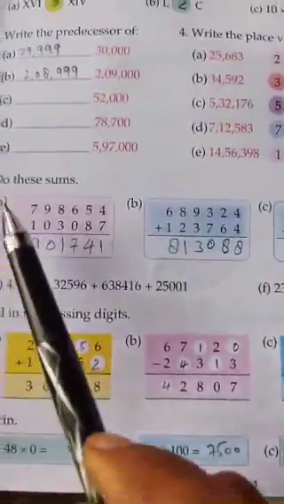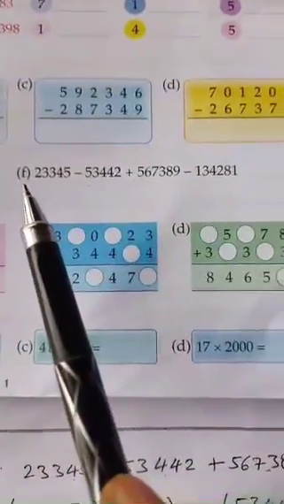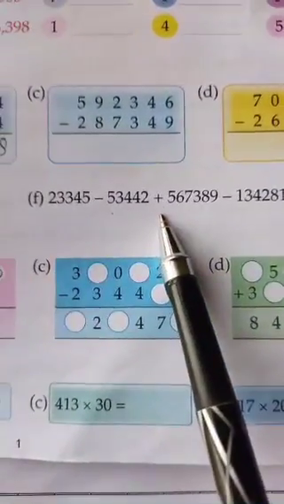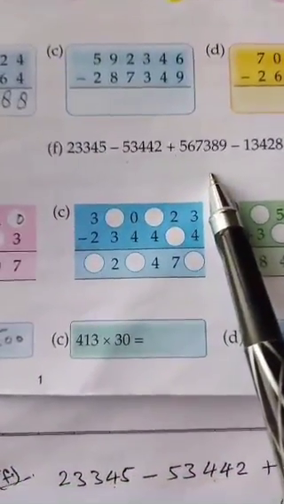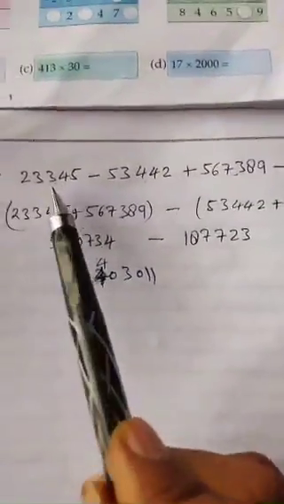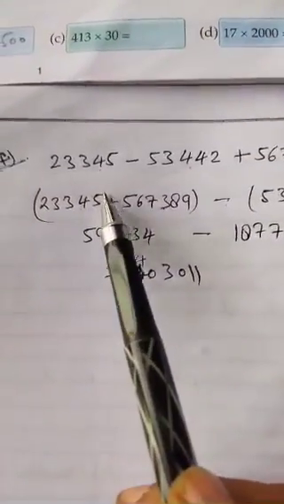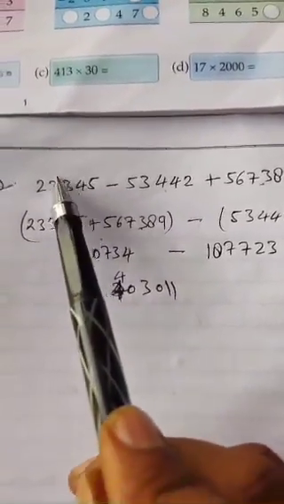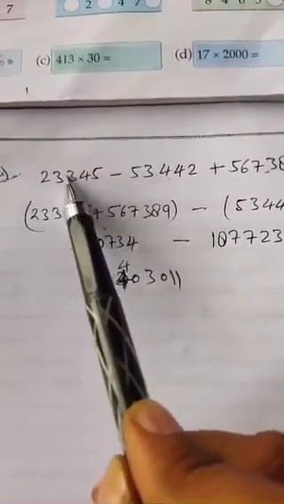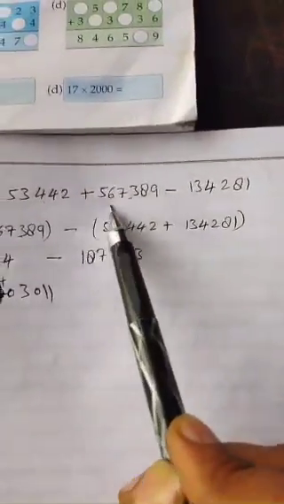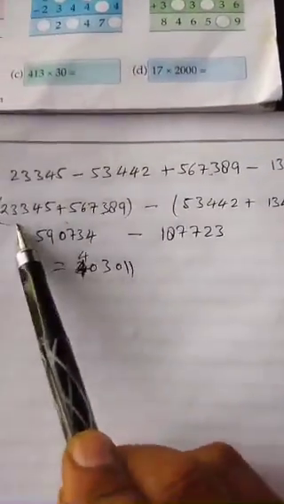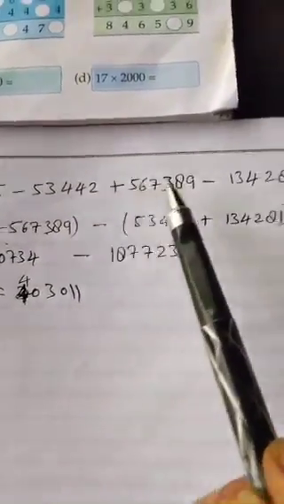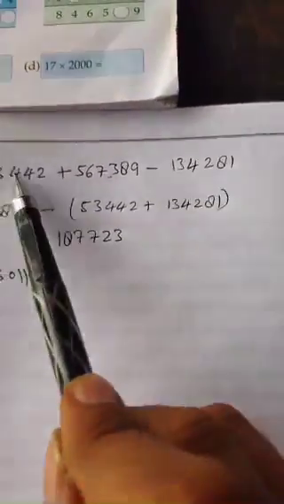Now coming on to question number 5, last part, F part. See in this question 2 signs are there, plus also minus also. So how will this question be solved? In this type of question we will put the same sign numbers in one bracket. Like this number is of plus, then this is of plus. So both the numbers we put in one single bracket. Then this is of minus, this is of minus. Both the numbers we will put in